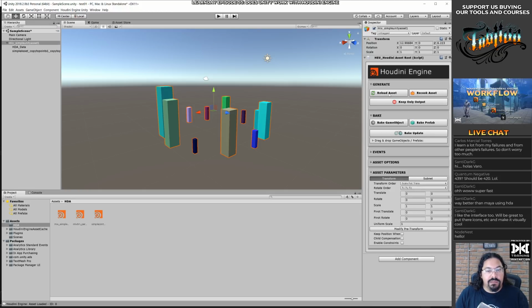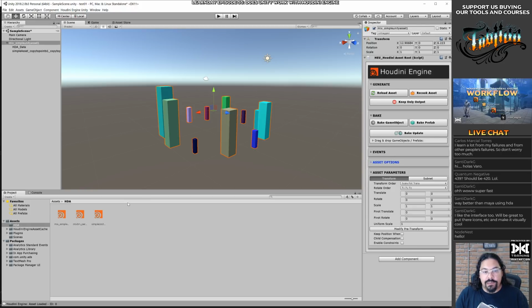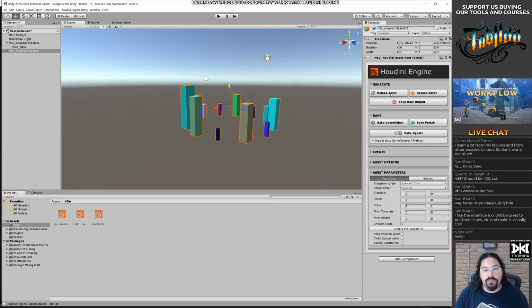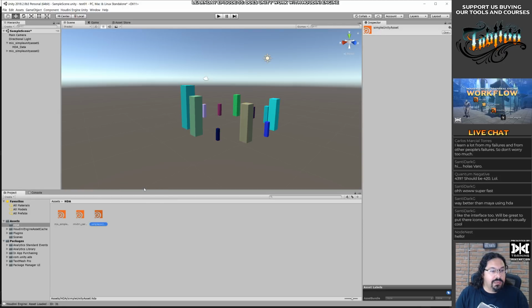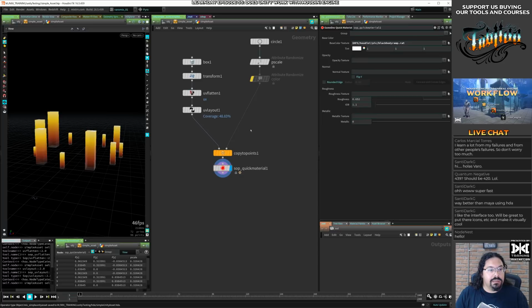In Unreal, you just refresh this thing and it works. Do we need to delete it, put it back in, and out? Re-import it. Re-import. Then reload. Okay. Now that's weird.